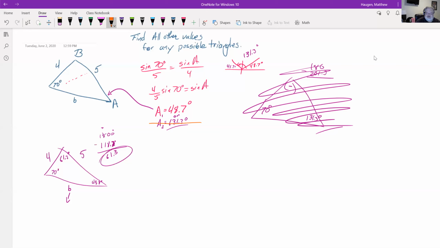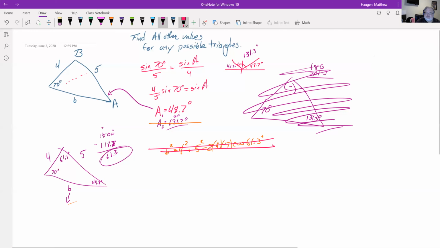So then we just need this side length B. Now, we could use law of cosines to find that side length B if we wanted to. We could say that B squared is equal to 4 squared plus 5 squared minus 2 times 4 times 5 times the cosine of the 61.3 degrees. We could certainly do that, but that's a bigger tool than necessary. Perfectly legitimate thing to do, but it's using the big hammer on the medium-sized nail,